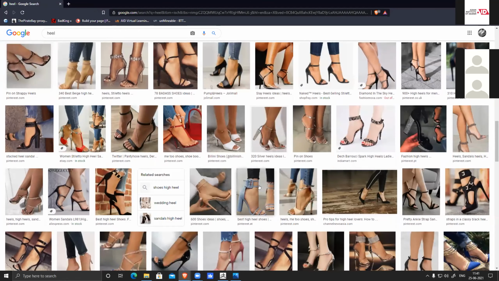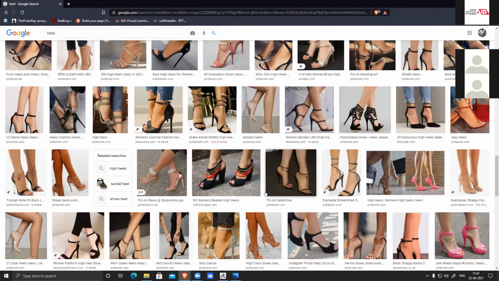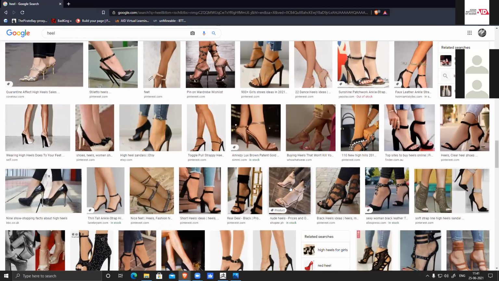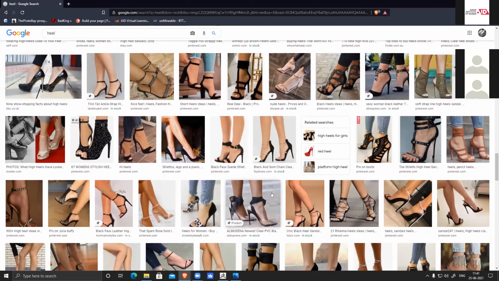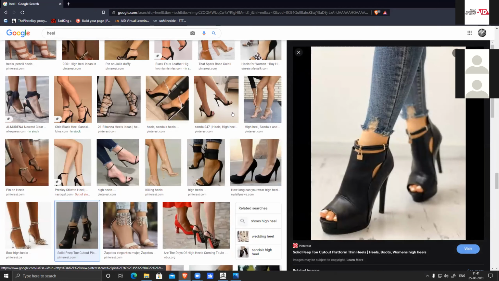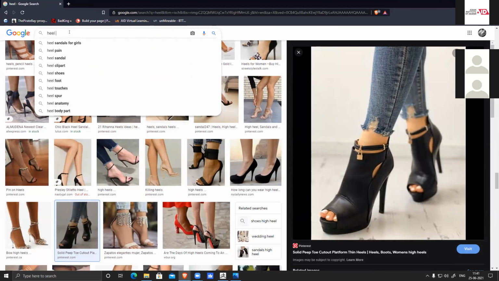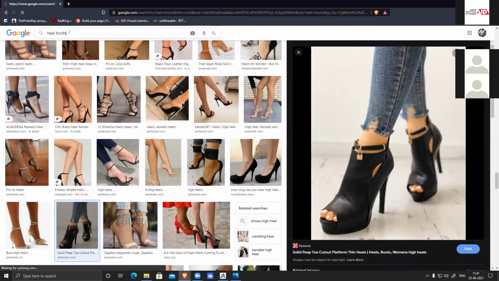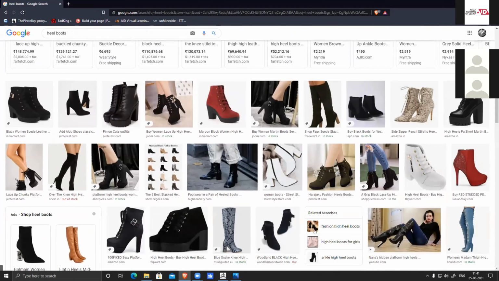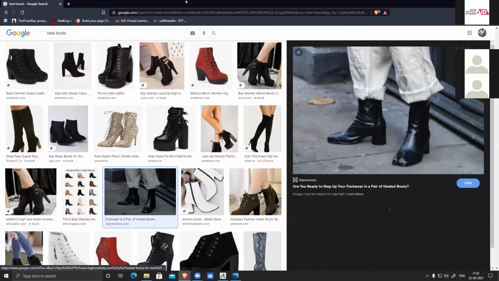Checking these references. Something like this, kind of like this.